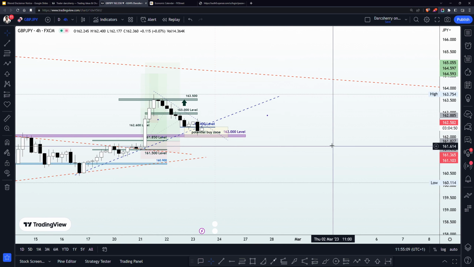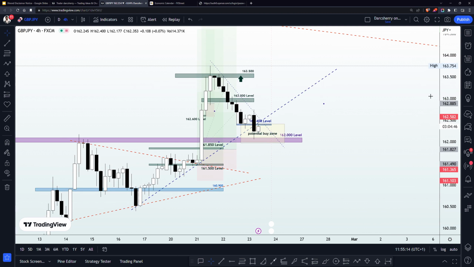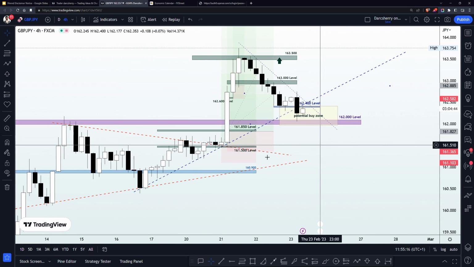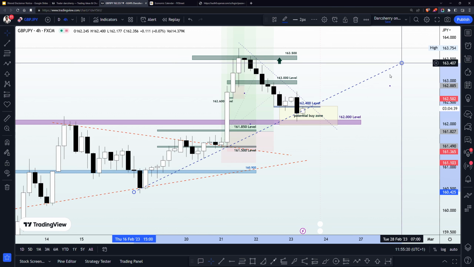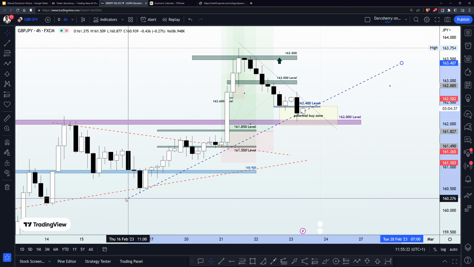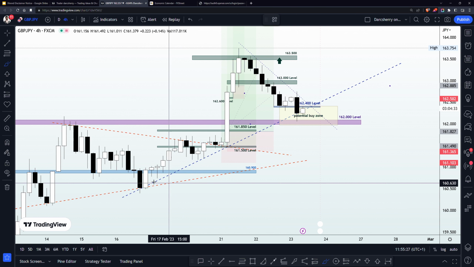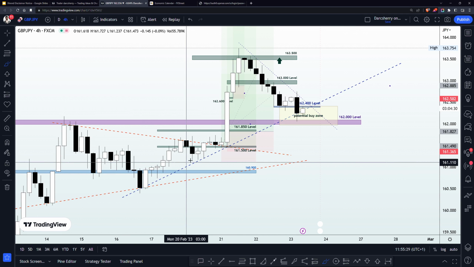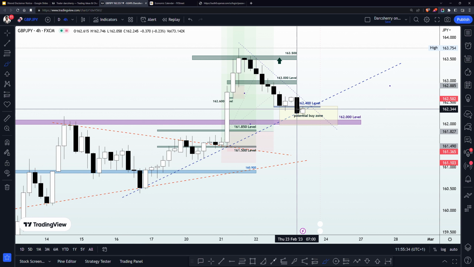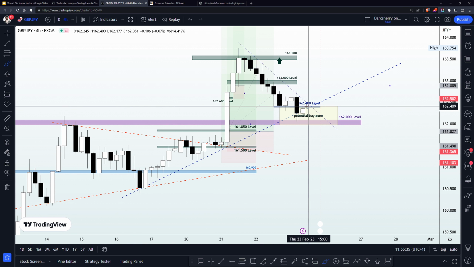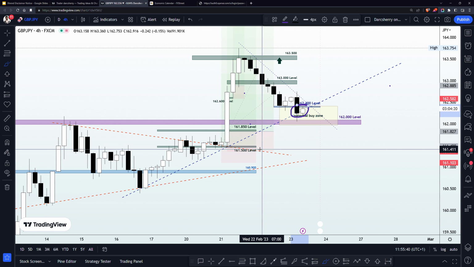frame here, you will see that we had this bullish trend line figured out since last week, which price action has been respecting since last week's trading session. Hold on a second, let me readjust this a bit to suit the current structure. Okay, here we go. So we can see here that price action has consistently found higher lows, respecting that bullish trend line, and at this point in the last 6 hours now, we have a situation where price is currently trading around that bullish trend line.